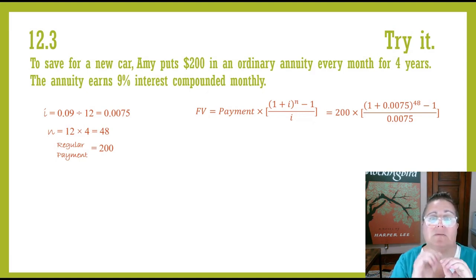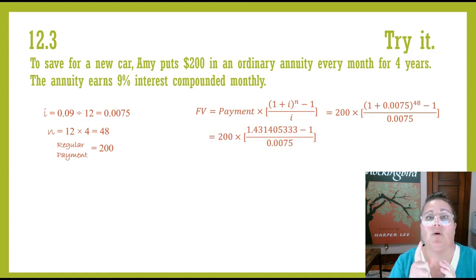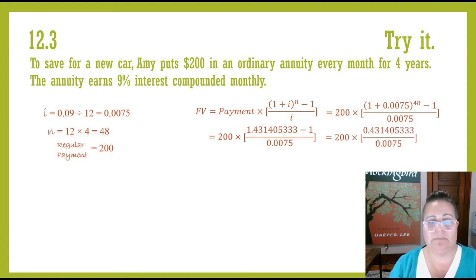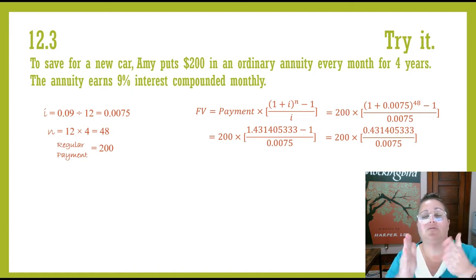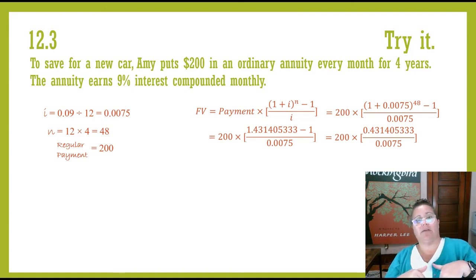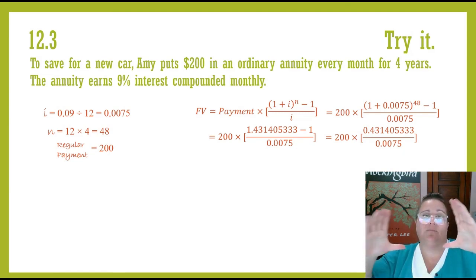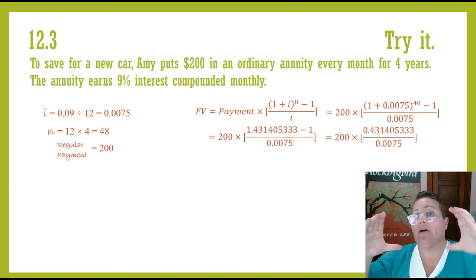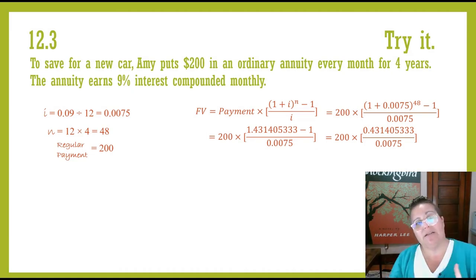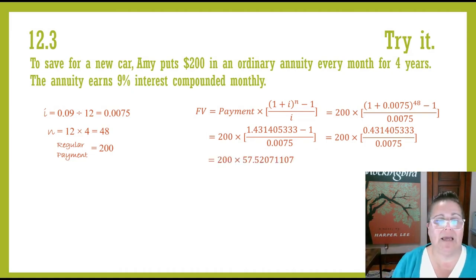First, the parentheses, 1 plus 0.0075 to the 48th power. So that's going to give me 1.431405333, from which I have to take away 1 to get 0.431405333. I now need to divide that by 0.0075. Because it's in those squared off brackets, I'm going to do that division first to get